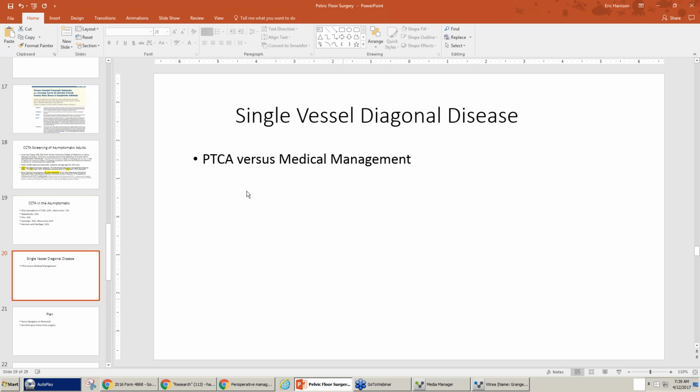So, single vessel diagnosed disease: angioplasty versus medical management. That has been studied and was presented at the American College of Cardiology one year in New Orleans. They showed angioplasty versus medical management didn't seem to make any difference if that was the sole coronary artery disease present. And of course, the bypass surgery also was kind of overkill. And so we didn't have anything to go on in terms of trying to be aggressive on these,